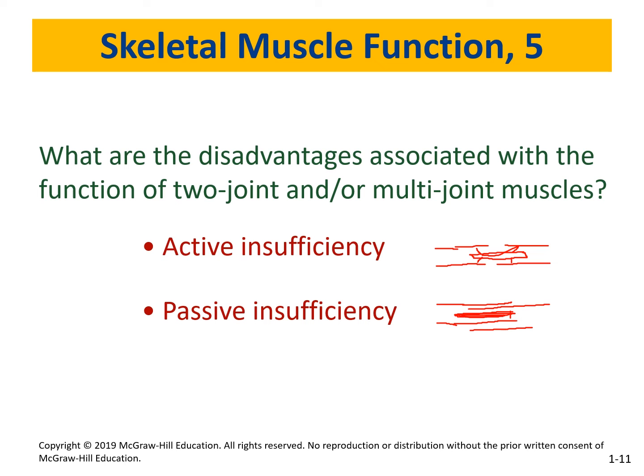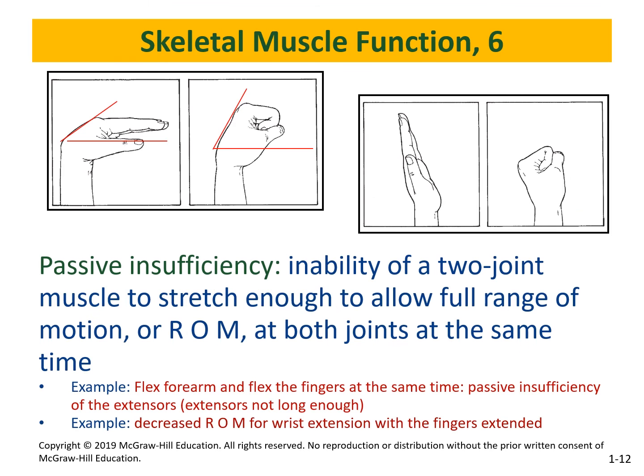Anytime you have your actin filaments overlapping on top of each other, that's active. Something is acting and pushing it inward, which means that we don't have much space to contract. There'll be small force and small spaces to contract. So passive insufficiency is the inability of a two-joint muscle